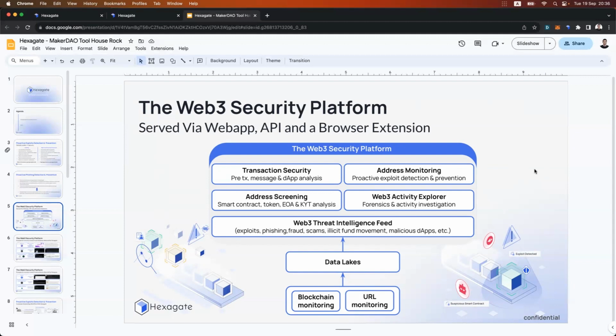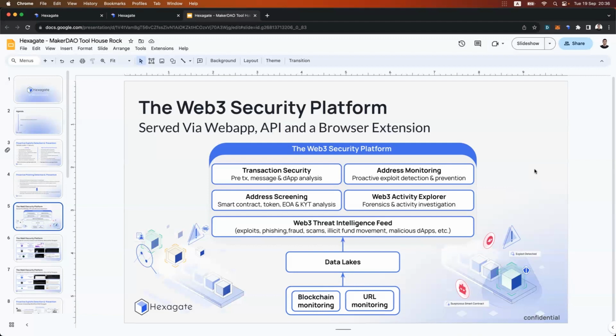It can be both retail users and institutional users. We have an API which can be used by wallets as well. We already work with a couple of them that incorporate our API, which uncovers any malicious transactions that users are making due to any type of phishing or scam.